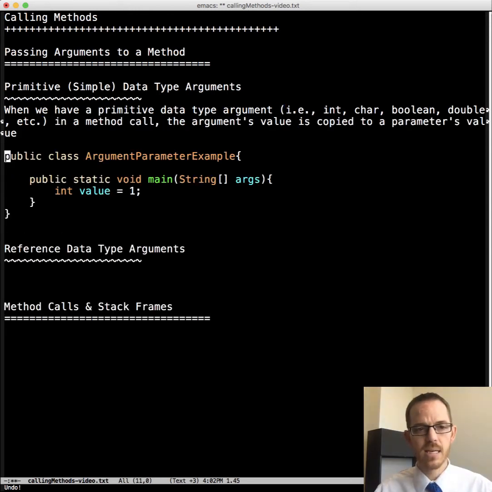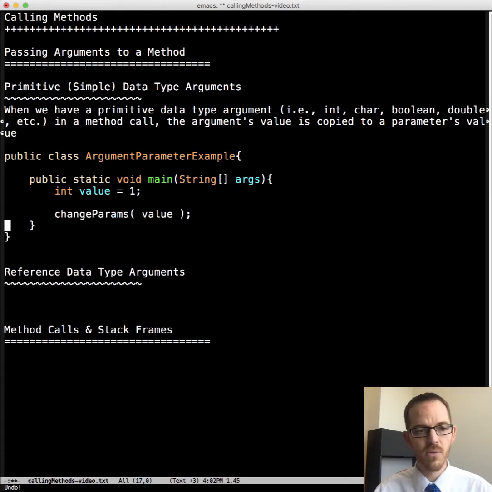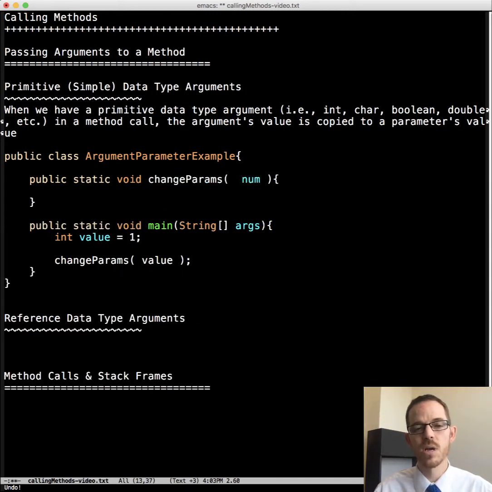If we had a simple main where we have value, an int, so it's a primitive data type, and we've assigned it 1, but if we make a call to changeParams and pass it in there, it's going to take that 1 and copy it into the parameter here, num.